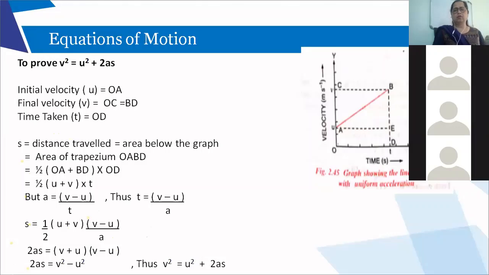Now what I wanted you to do is learn these equations by heart. When you are asked to prove, if there is a question asked, then you have to prove. But when you have to solve the numericals, you will have to use the equations directly, just like you have learned by heart the equation A plus B the whole square equal to A square plus 2AB plus B square. So directly you start using it when you are solving the numericals.